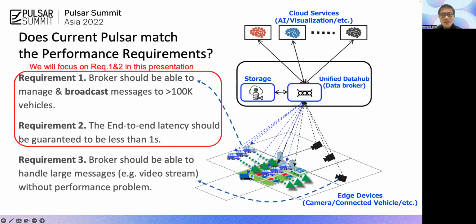And the next question is, does Pulsar match the performance requirement of our use case? We have already discussed in the previous slides that the requirement for the number of consumers is about 100K. So just like requirement 1, we need to broadcast the messages to this large amount of consumers. And in fact,